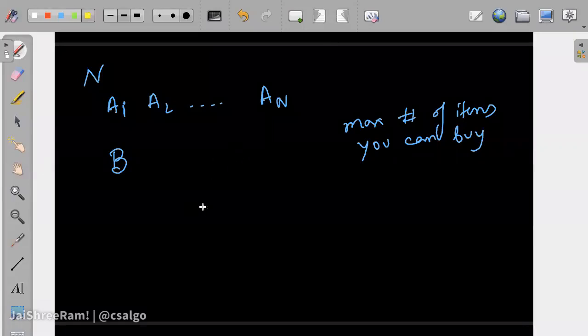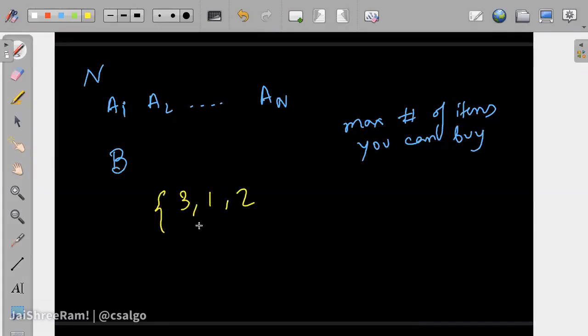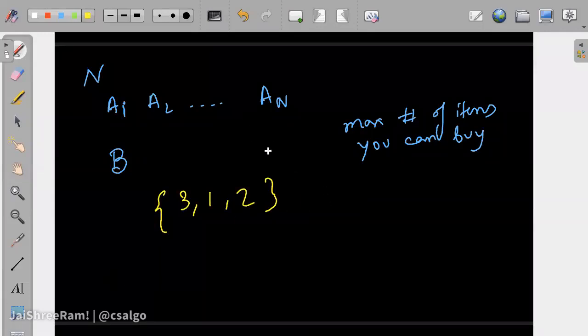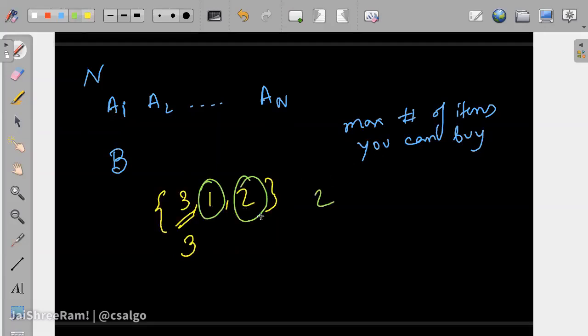Sort. Okay, so what we can do is very simply use the idea that, let's take an example. Let's suppose you have 3, 2, 1. These are the prices. Prefix, lower bound, these are like overkills, but let's talk about this. So you are having a1, a2, an, and you have b budget. Now suppose these are the three items and you have three money with you, so you definitely would not be buying this item with cost 3, right? You'd rather take the items with 1 and 2 so that you get two items rather than one, right?